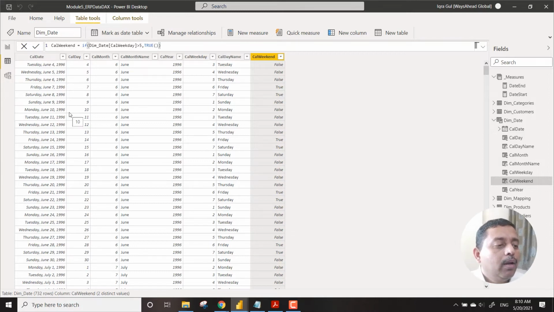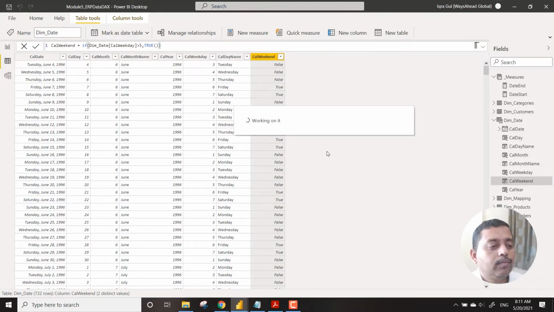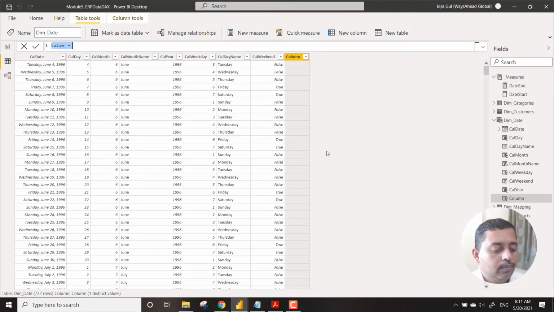So we were able to create a complete calendar format. This calendar could be used for various other purposes also. You can create the same thing like a quarter also. Let's take an example. We have 12 months and we wanted to create a quarter, let's say calqtr. So calqtr is like what?